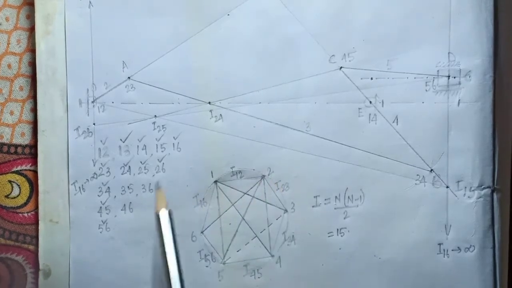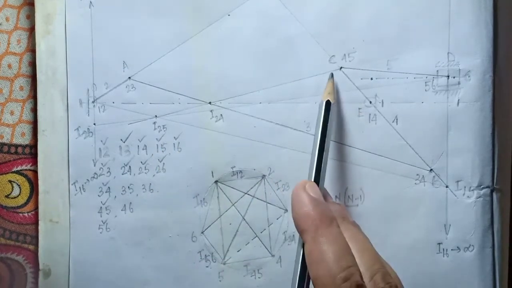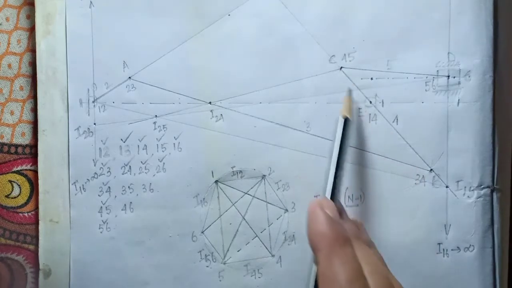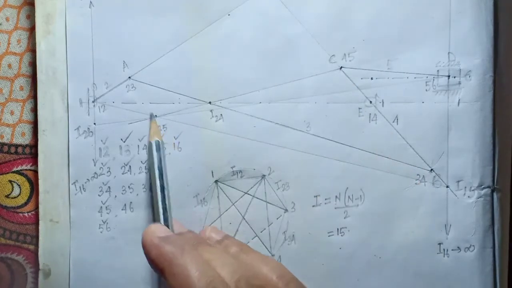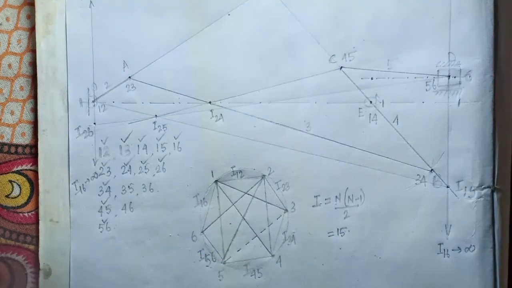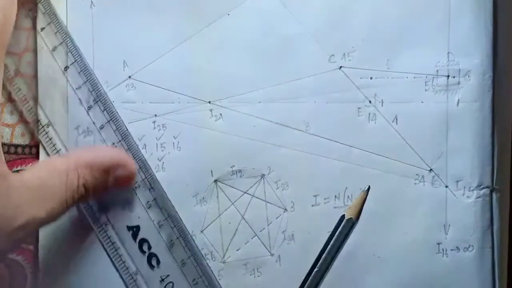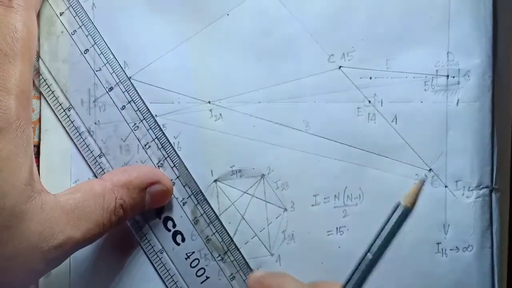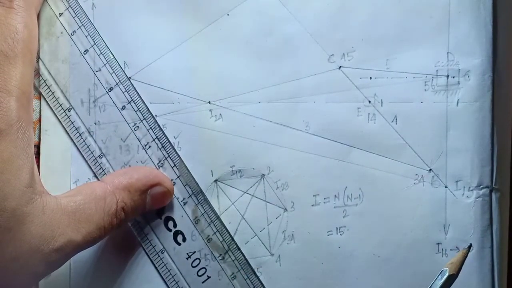So we have to choose this path: I45, I34, and I23, I25. You can see it will take a long distance, so it is not possible to show it